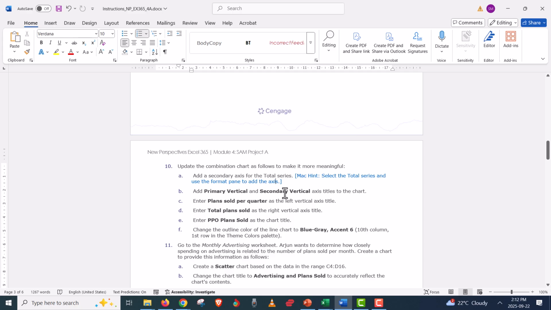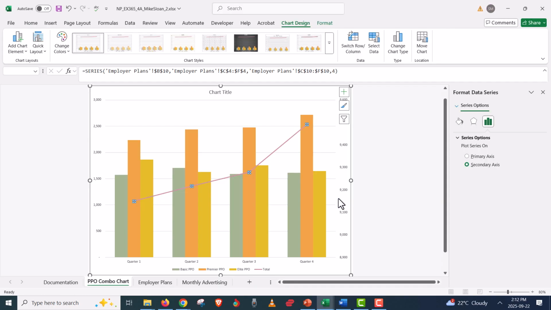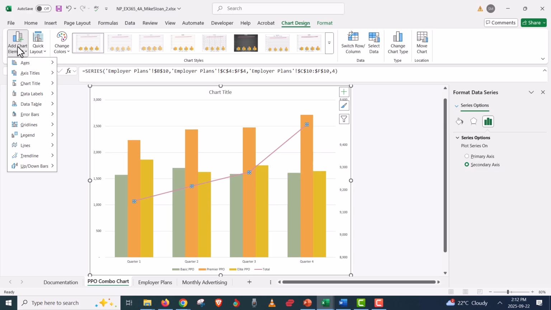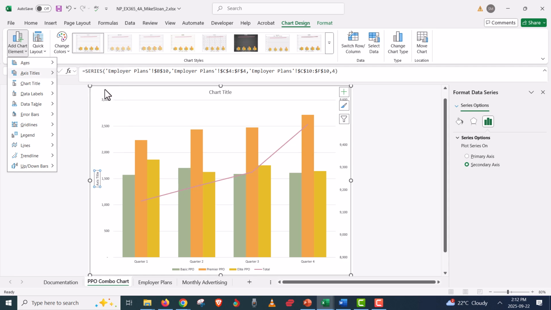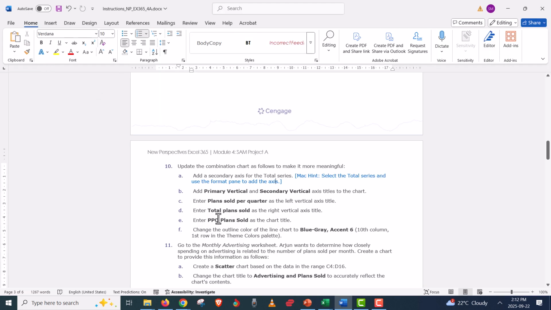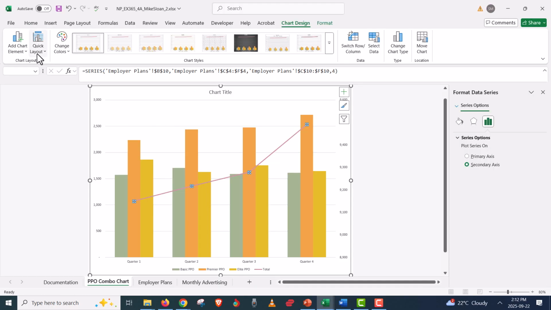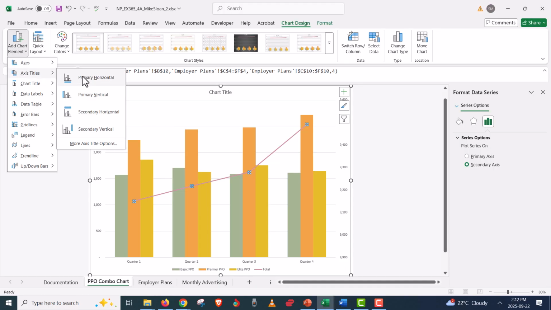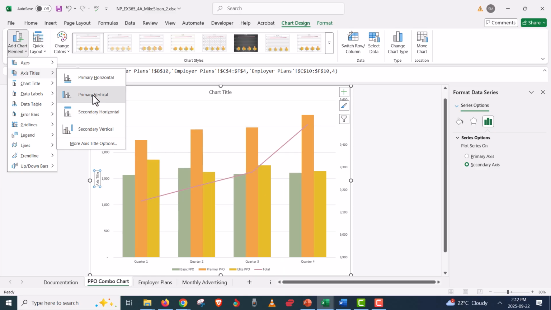Add primary and secondary vertical axis titles to the chart. So that's easy to turn on. Sitting on the chart anywhere doesn't mean that you're just highlighting that. Don't worry about that. Go to axis titles, and you're going to go primary. Which one was it? Now you have a bunch of them because you added an axis. Primary vertical, secondary vertical. Turn them on. Primary, you got to do it one at a time. Primary vertical,